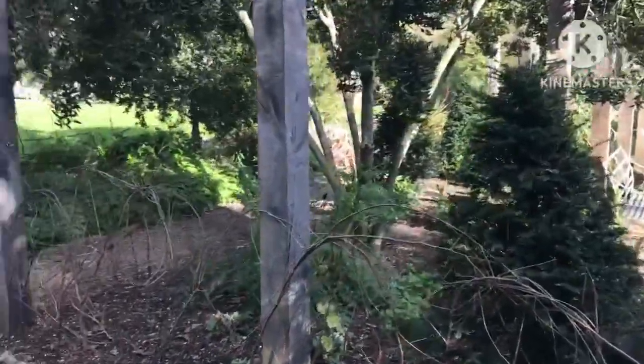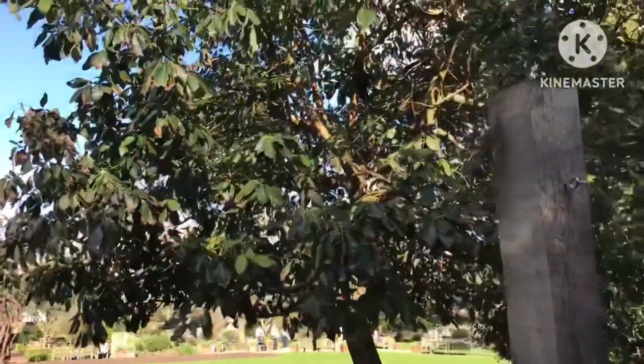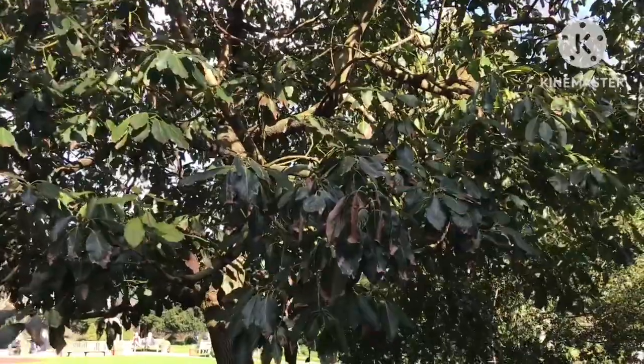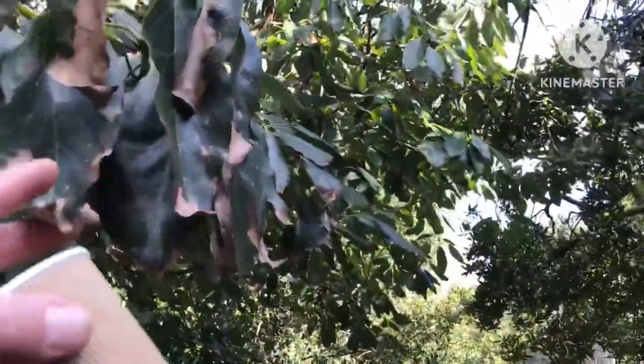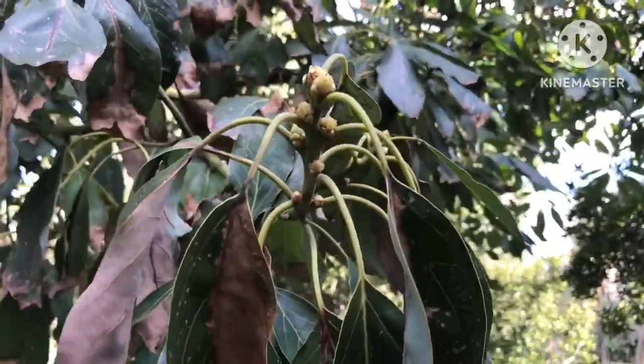Well, that was an interesting walk around, and here we are. This is what we were looking for. This is the avocado tree. Now, this, as you can see, is starting to put out new growth buds, which look like they're flowers. Now, contrary to the other one in London,